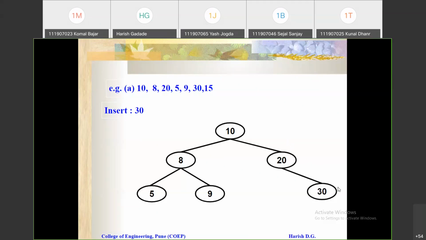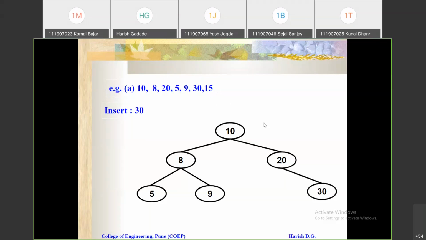So this has been connected, right? Next is 15. I just forgot to modify the sequence, but anyway, now next is 15. So where can we connect this 15? Again, you need to compare that 15 with this 10. So 15 is greater than 10, so we can move toward the right.